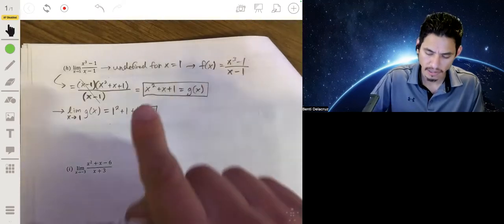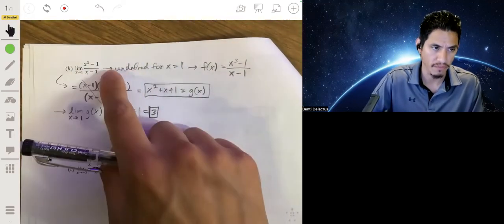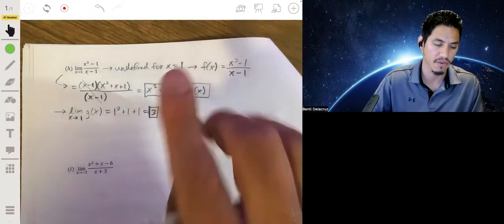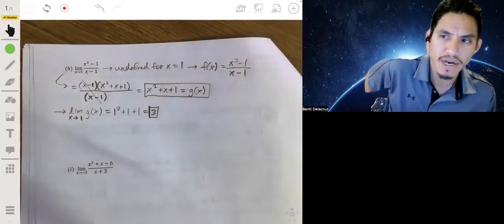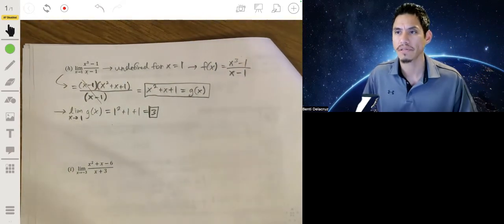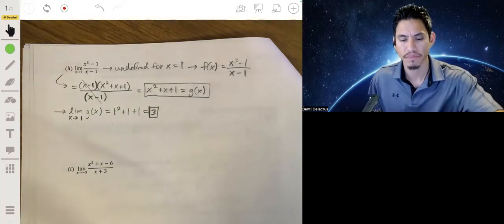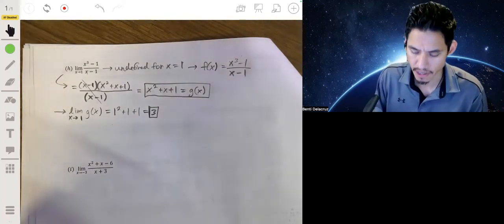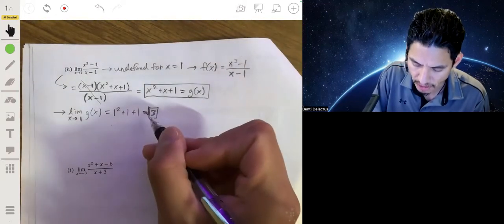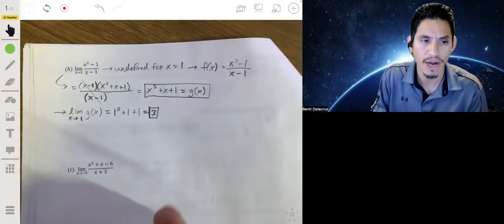So the limit is actually 3 for this function and this function, for both functions. Now it's like, well, why? What's going on? Why is that? Okay, so let's understand why this